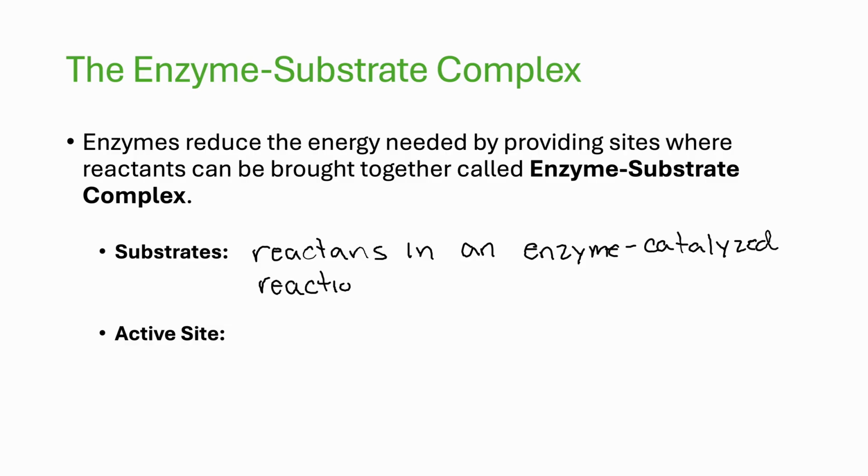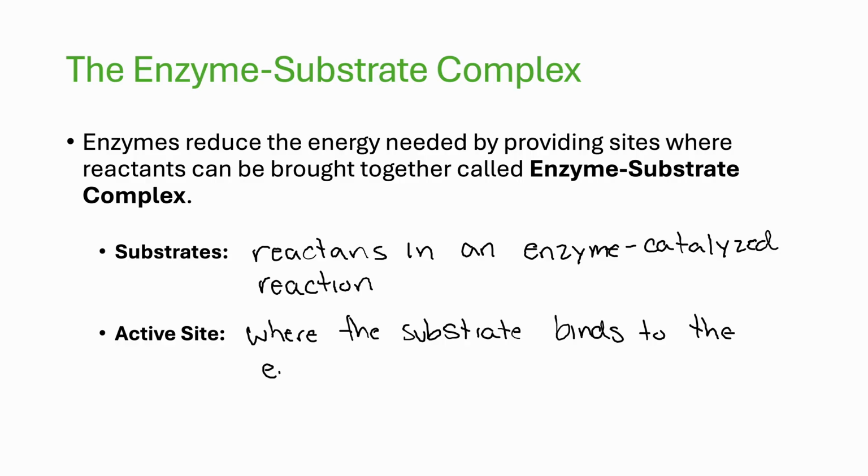So the substrate is what is getting broken down. Now, the active site is where the chemical reaction occurs. It's where the substrate binds to the enzyme. So again, with this active site, one of the more popular models that we look at is called the lock and key model, right? Where it is a perfect fit, where the substrate perfectly fits